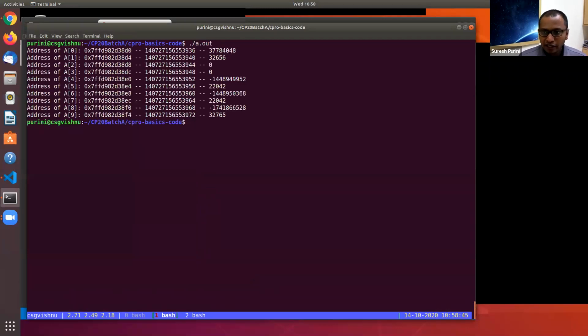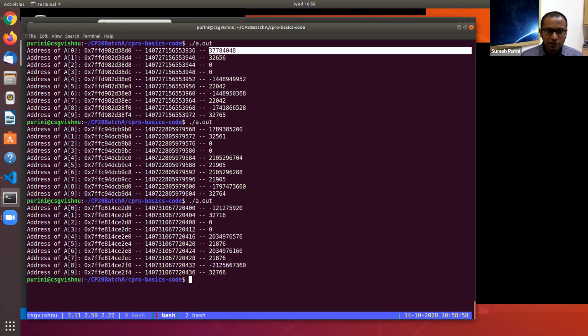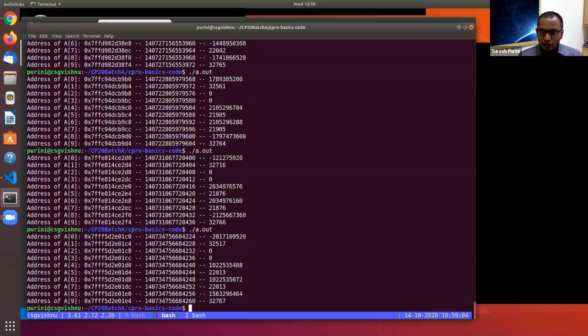And I printed the contents. This is the content of a of 0, a of 1. These are all garbage values. If I run it again, they will be printed differently. There is no reason, it can be anything. The memory is initialized to some random zeros and ones depending upon which program was executed before and what was present in that memory location before. There is no specific reason why they come like that. All we say is they are garbage.